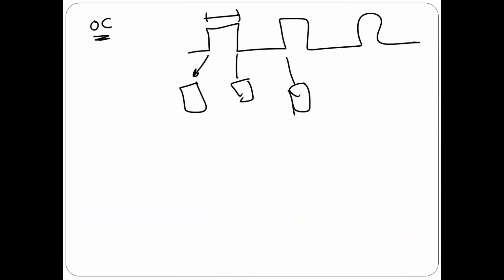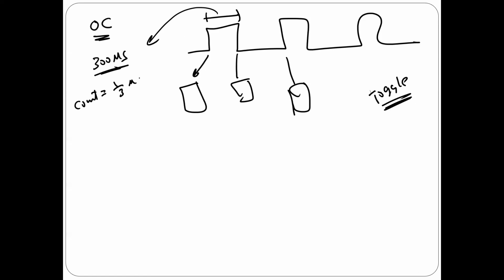So let me explain the idea. Very simple. Look here, guys. For example, assuming I'm gonna do toggle. So the action is toggle. Okay. Look how it works. Number one, I'm gonna assume here I want this time to be 300 microseconds, for example. Okay. Now, I'm going to assume every count should equal 1/3 microsecond.